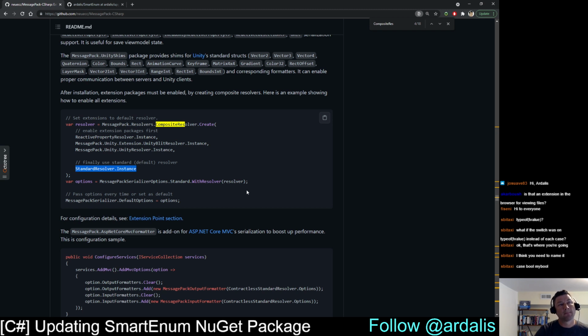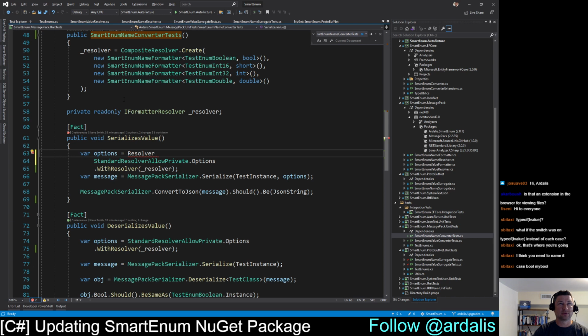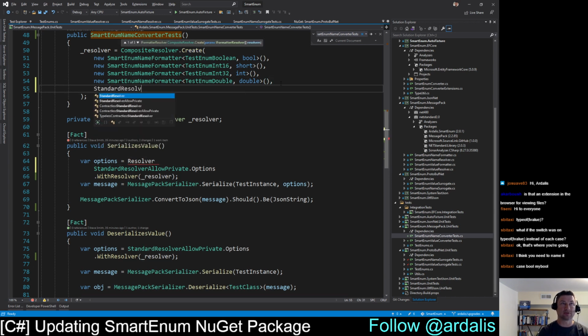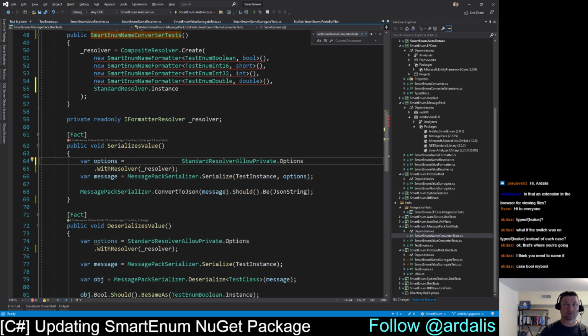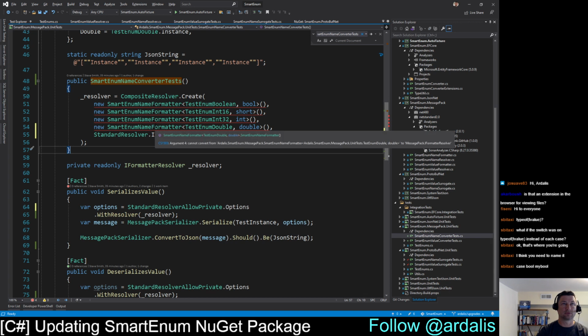Maybe? So if I say standard with resolver, I need to have a standard resolver in there. Right? Standard resolver, blah blah blah blah. So this then becomes standard resolver dot instance. Like that. Nope, you don't like that. Cannot convert from